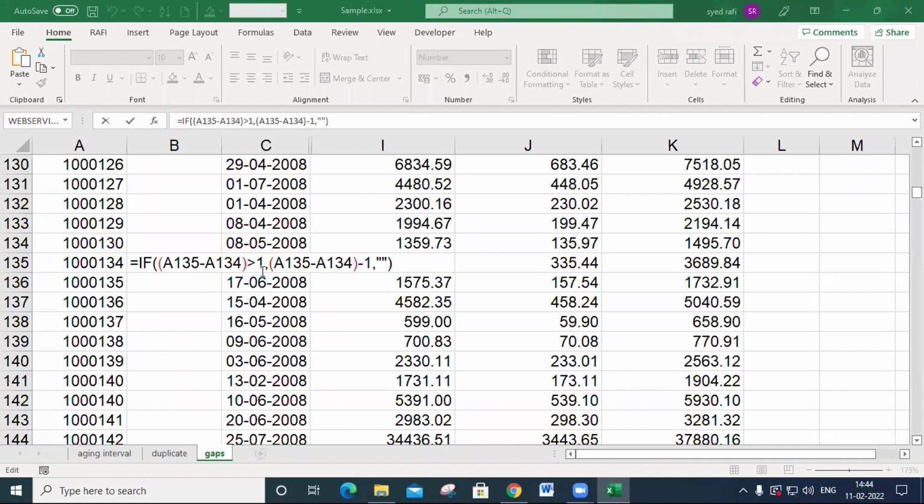If the difference is greater than 1, you must subtract one more from that difference. Then you get the correct gap. This is the simple logic. Okay, sir. Thank you, sir. Very good.